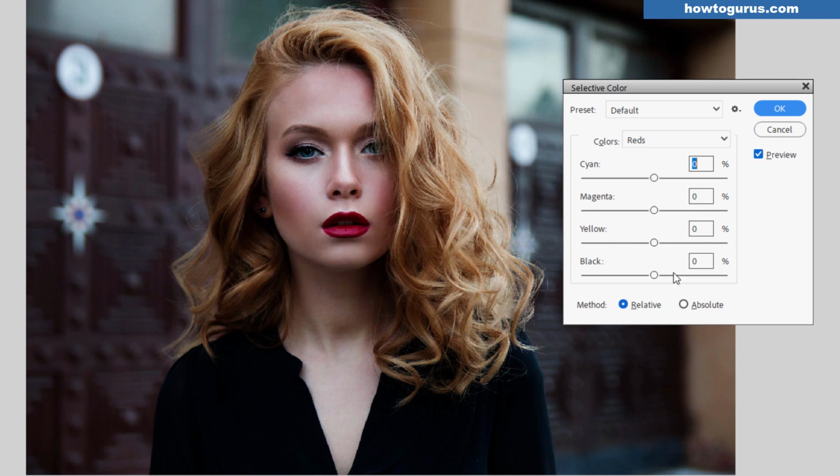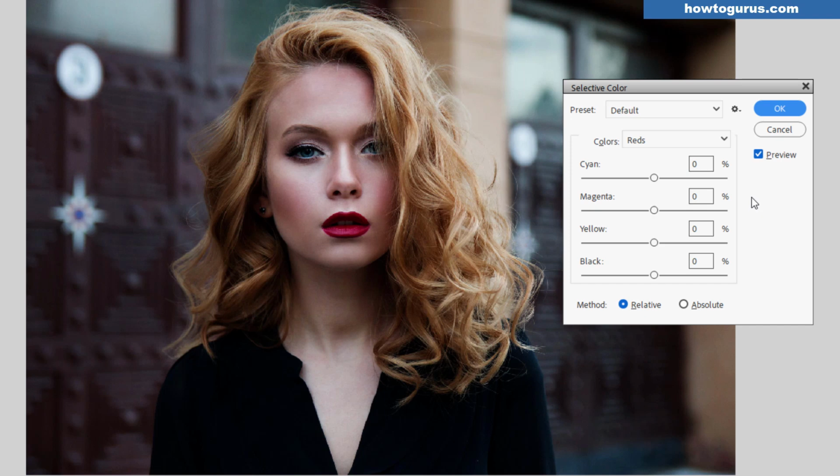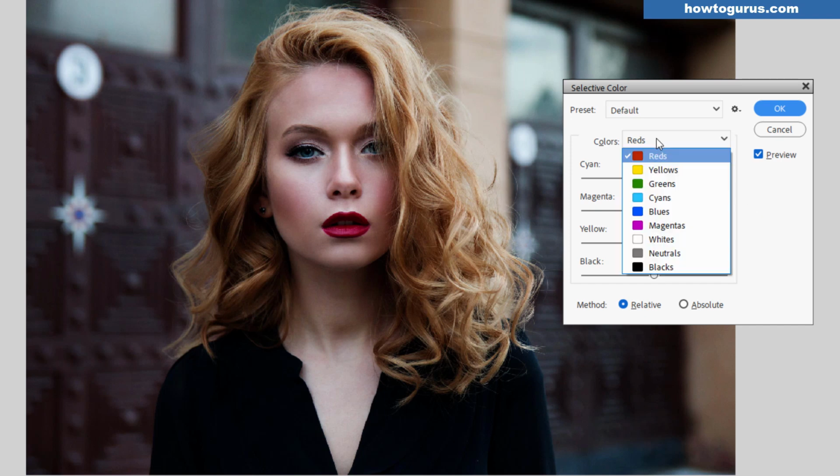Yellow is blue is the opposite. And you can control your blacks in here. So we have very careful control for each one of our different color ranges in here. Okay, now that we have this, let's start off the color grading by going into the colors and come down